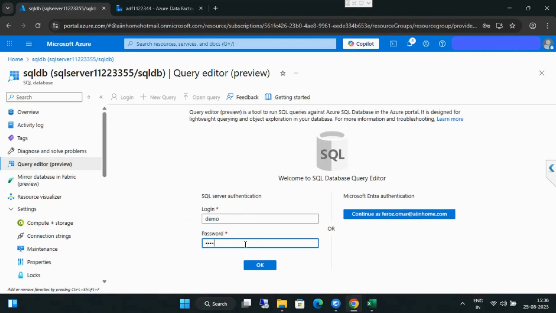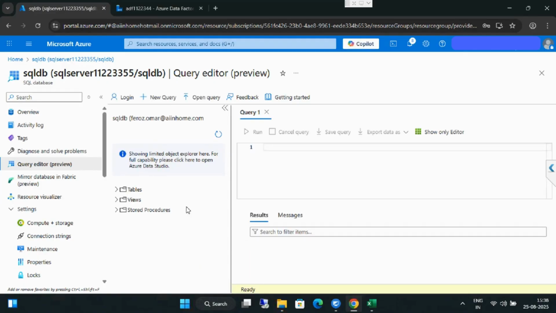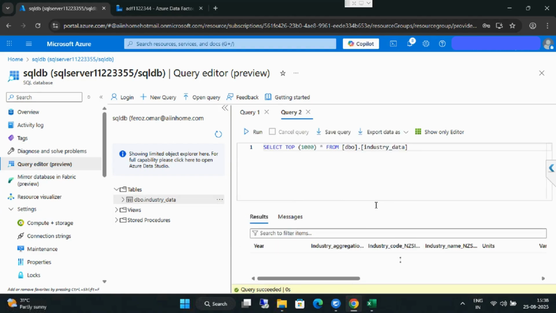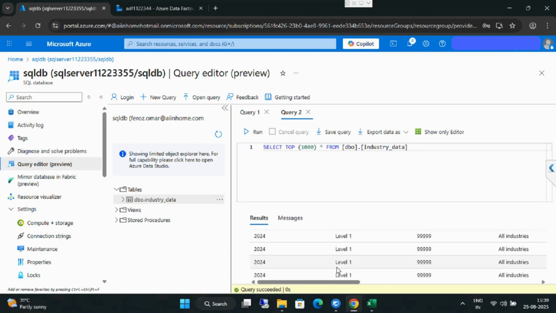Log in here using password. Query the industry data table, and you will see the CSV data successfully loaded.